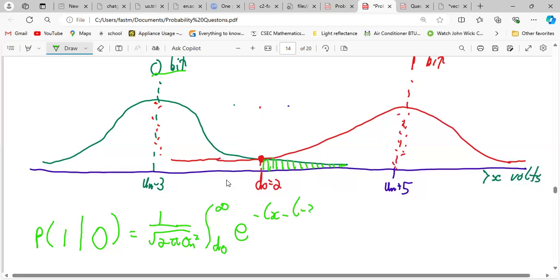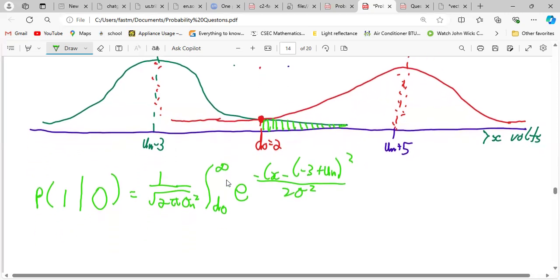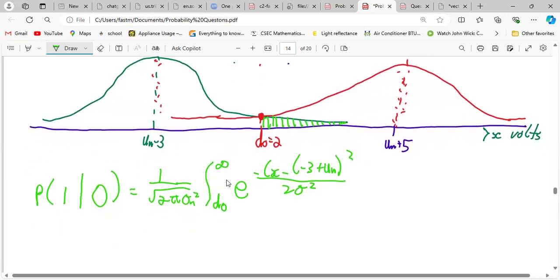So it'll be minus 3 plus mu n squared on 2 sigma squared, right? So at this point here, we know this is going to end up being half of erfc of wherever we get at the bottom. Yeah, we know this because we don't care about the other half of erfc. So what you have to do is the same thing. You let this on the top here, or I forget my dx. Right. So you let this entire thing here be t squared except the